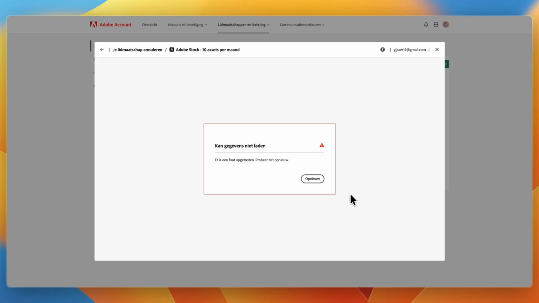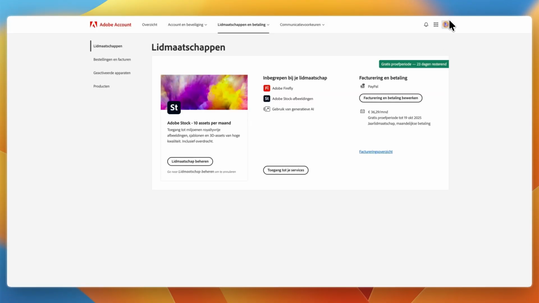Now, Adobe can be quite annoying and kind of scammy because I keep getting an error where they won't load my details for some reason, even when I use a VPN, different Wi-Fi, etc. And I'm not sure why that happens, but if that happens to you too, and I have seen this happen to other people as well, then what you want to do is just contact support,